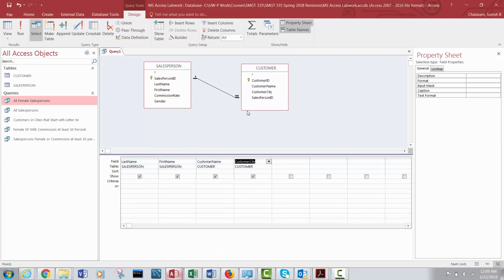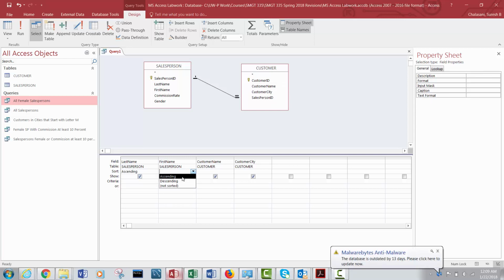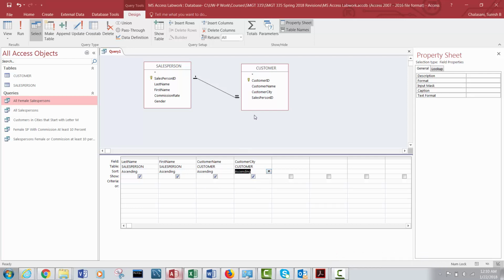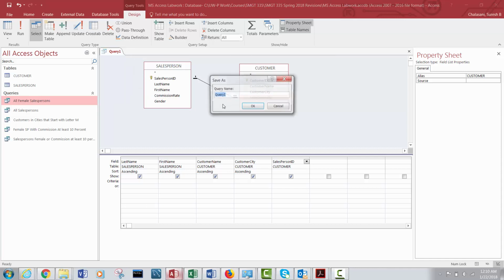Every salesperson and the customers that they serve, and I would like this to be sorted by the salesperson's last name and the first name, followed by the customer names, and followed by the customer city. Finally, I would also throw in the salesperson ID just in case you want to have what the salesperson ID is. So this query, I'm going to save it as